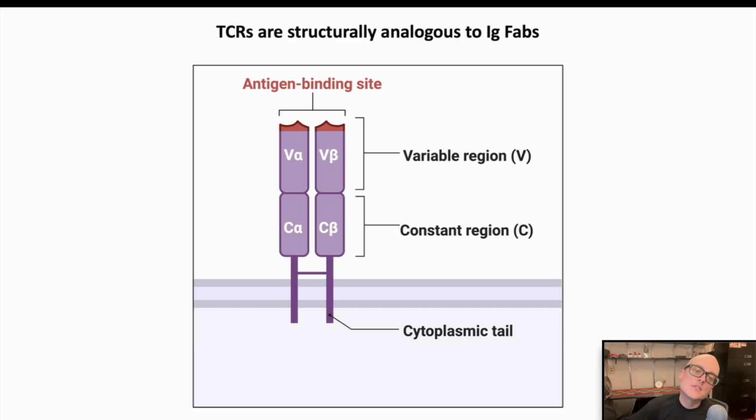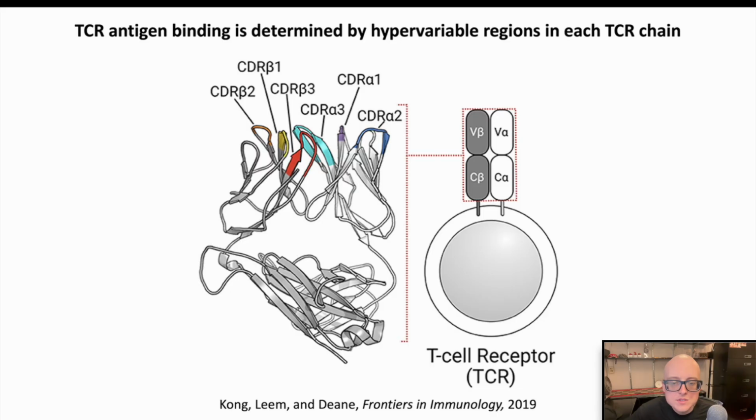And again, if you compare the TCR of one T cell to the TCR of another T cell, where the most variability in terms of the sequence of each individual TCR is going to be found is in the most N-terminal residues of the variable region of both the alpha and the beta chain. And you can see that when you look at structural diagrams of the TCR, like you see here from this